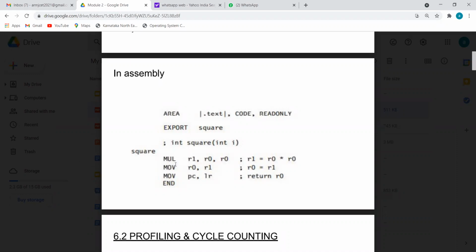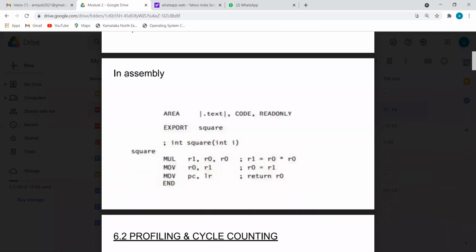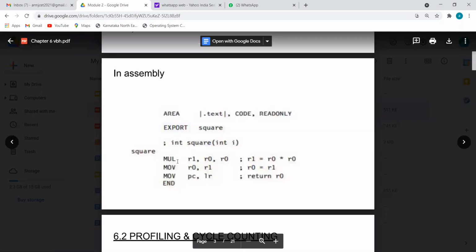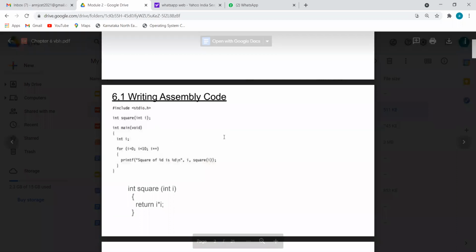So we can write this program in a different way. One program we have already seen; tomorrow you are going to see how the lookup table will work. Same program, that's why I took this same program. So more about this concept you are getting in the very next lab. Here, whatever we write in our C program, yes, it is possible to write in assembly. But what is the important thing here? I can assume I, J, K, L, M, N, O, or I1, I2, I3 up to I100 like that.